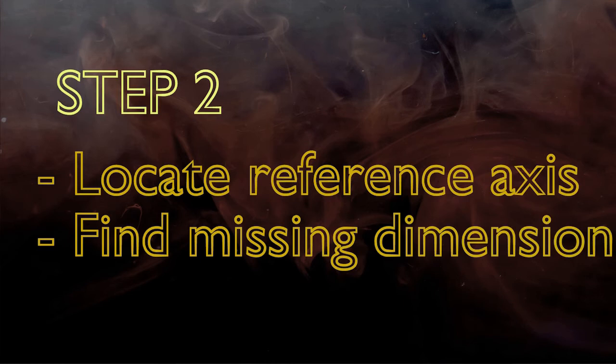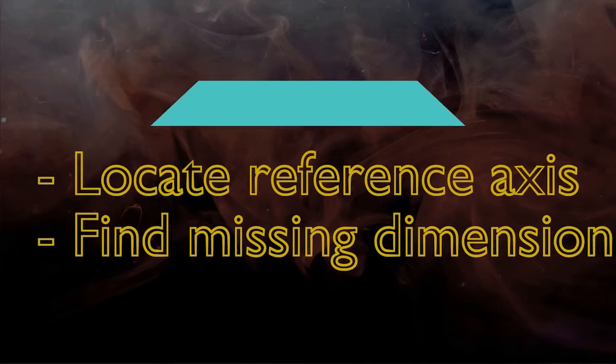Next step is to locate the reference axis and find out all missing dimensions. Here, the tip to solve numericals very quickly is to check if the given object is symmetric about both or at least any one of the axes. Let's check it out. If we place the x-axis at the center of the bridge and rotate half a part of the bridge about the x-axis, you will observe that both parts are not similar in shape or dimension. Thus, our bridge is not symmetric about the x-axis. So place the x-axis at the bottommost plane of the bridge.